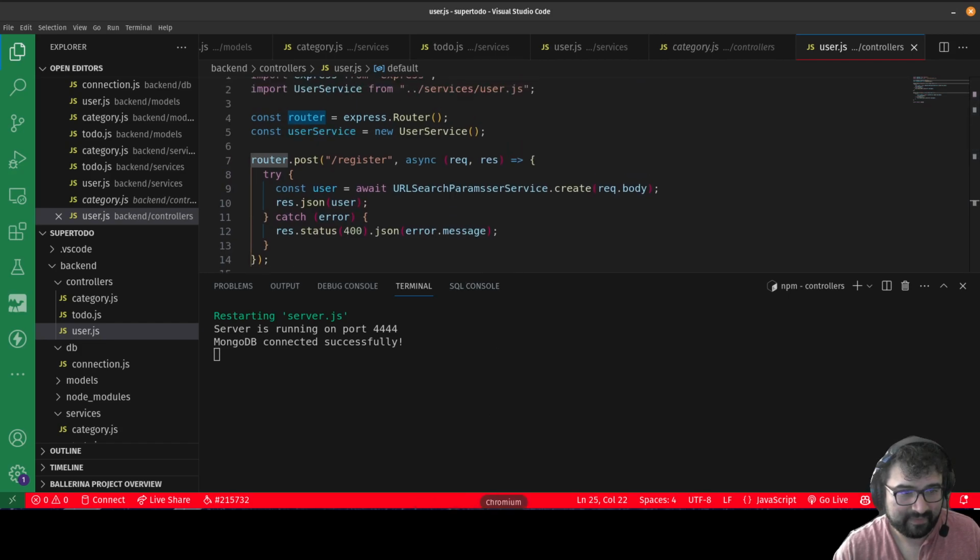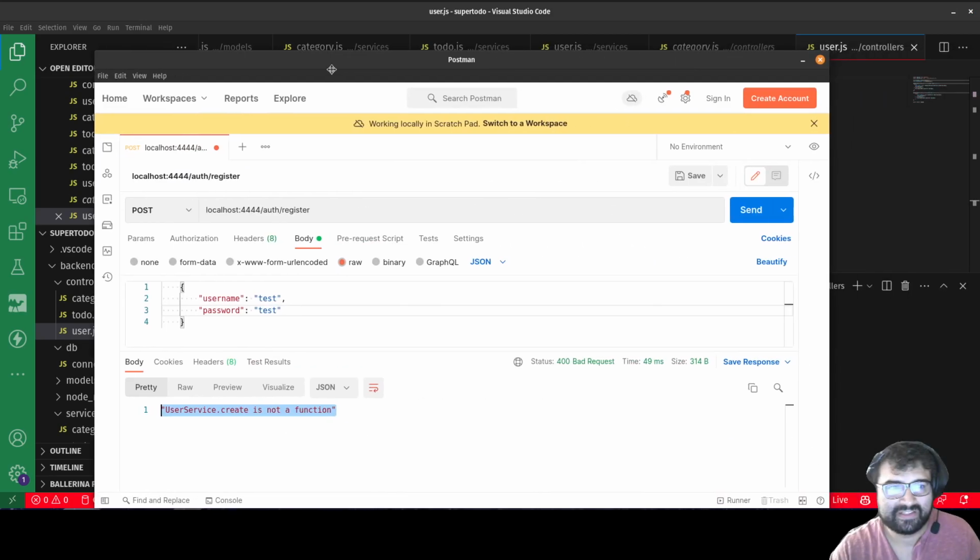Okay, so let's try that again. Go bring back Postman. The issue there is I never declared them as static methods. The other choice I had is I could have just added the static keyword to each method, and that would have also solved the problem. But I went the way I went. Okay, so now if I hit send,